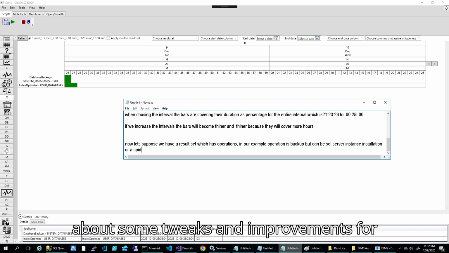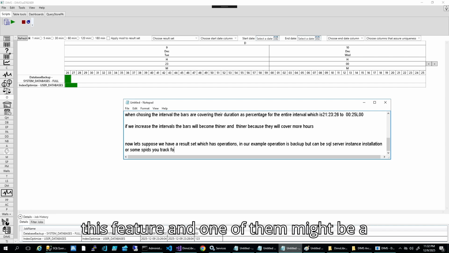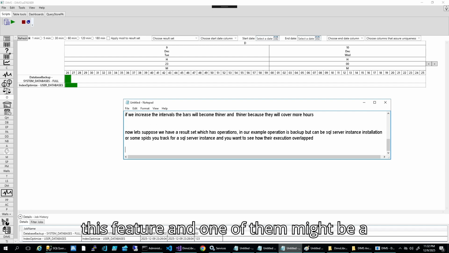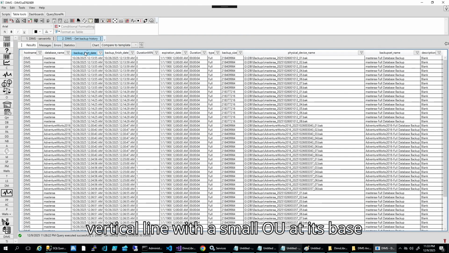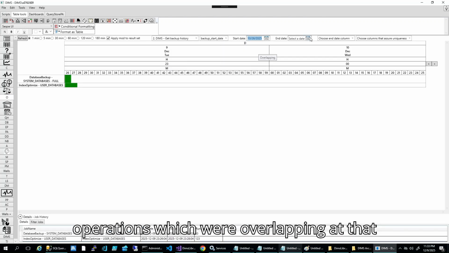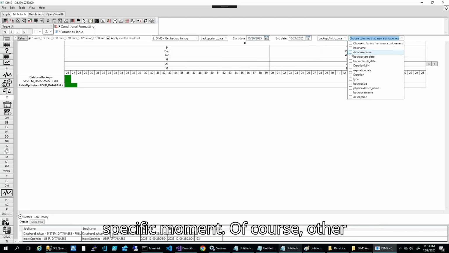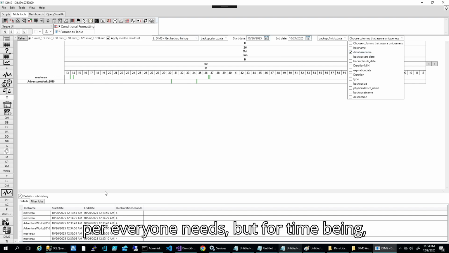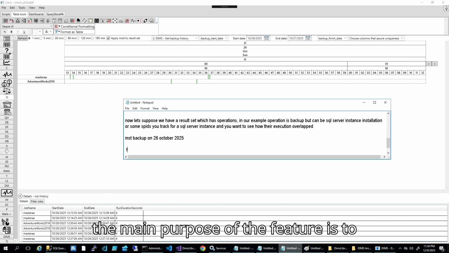I was mentioning in the notepad about some tweaks and improvements for this feature, and one of them might be a vertical line with a small pop-up at its base saying the date, time stamp, and number of operations which were overlapping at that specific moment. Of course, other additional information can be added as per everyone needs, but for time being, the main purpose of